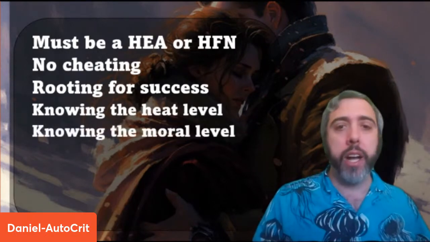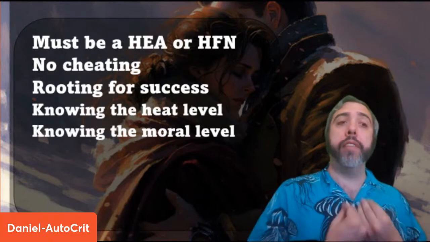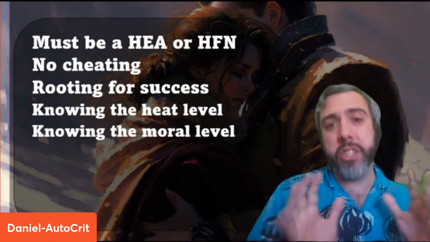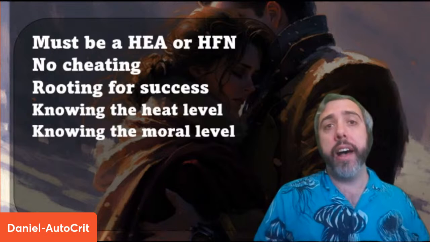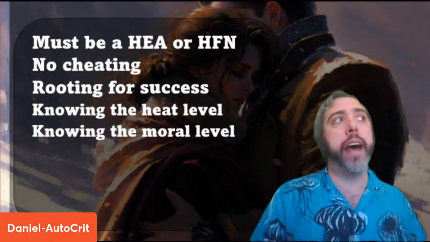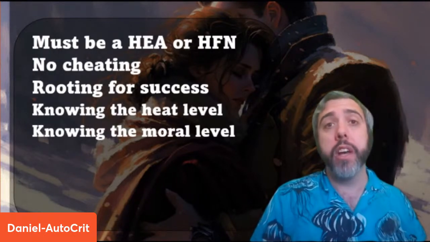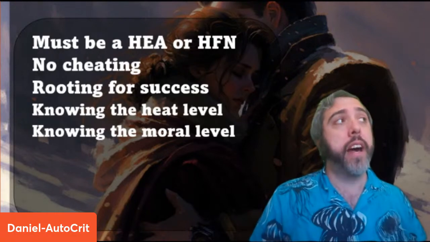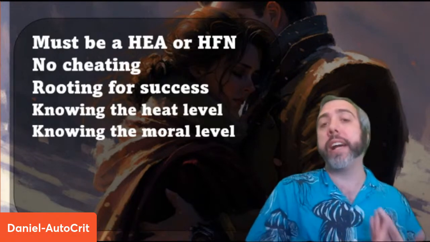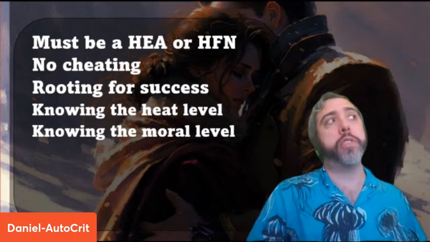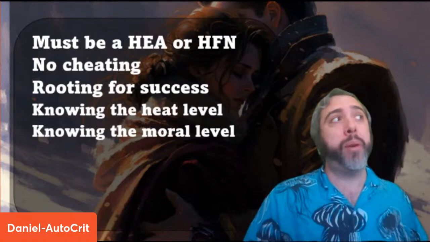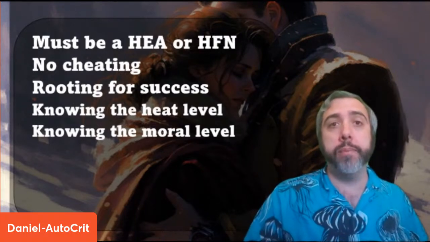Just different genre. All right. Speaking of the heat level, you also have the moral level. This usually comes hand in hand. G-rated romances generally don't have morally ambiguous characters because of the same kind of audience, because again, you're looking for that comfort, right? Somebody who wants to read an Amish romance probably isn't looking for a lot of moral ambiguity